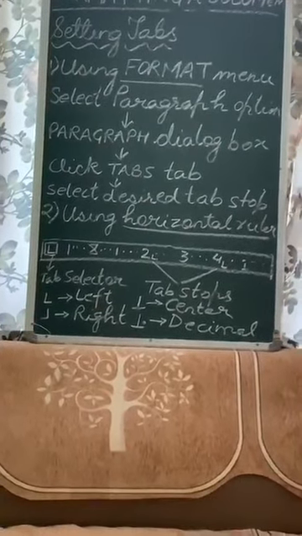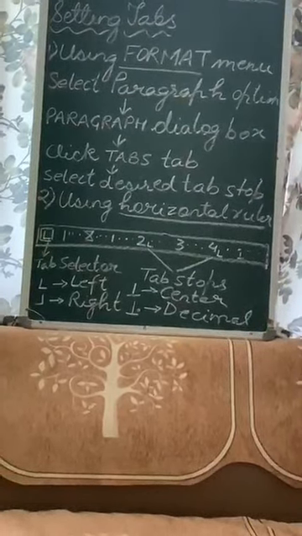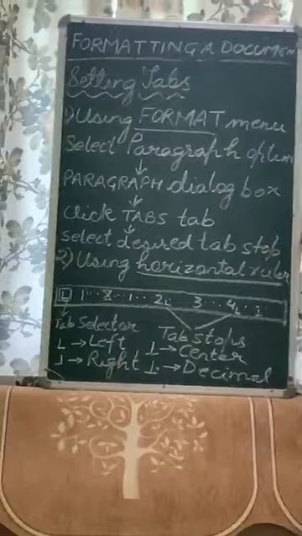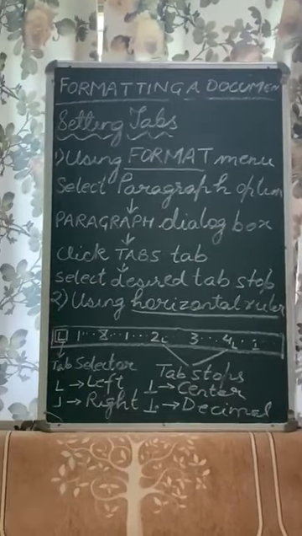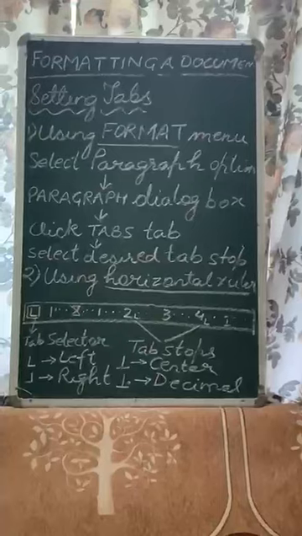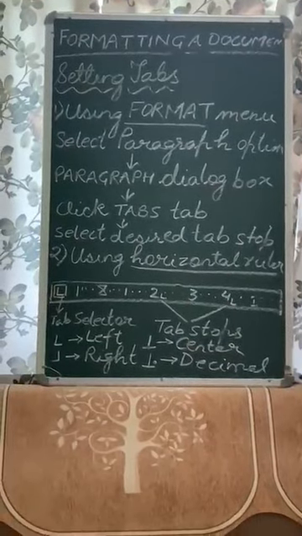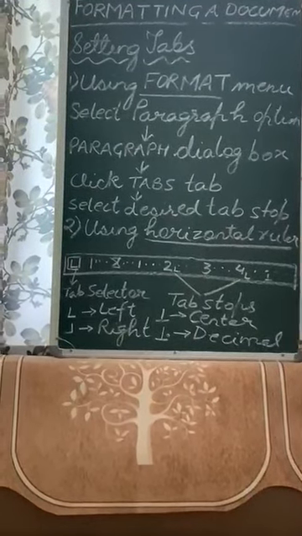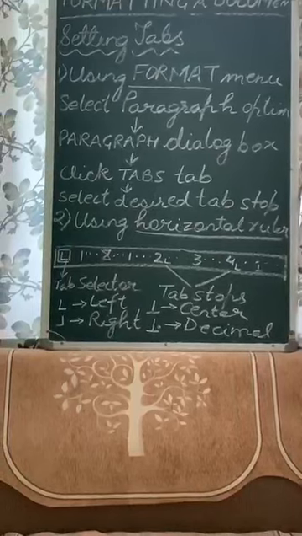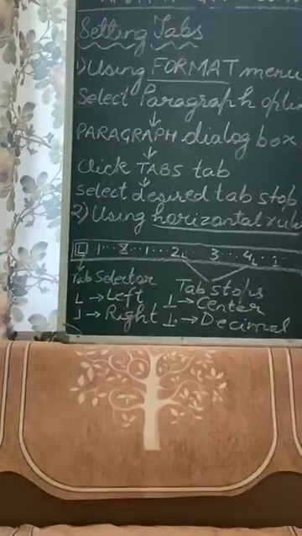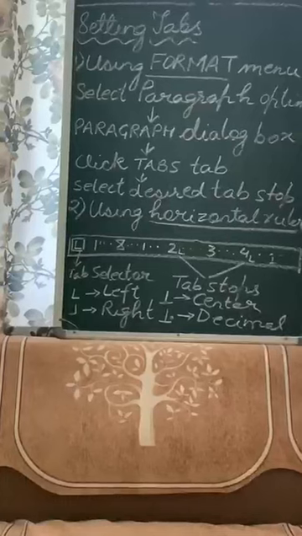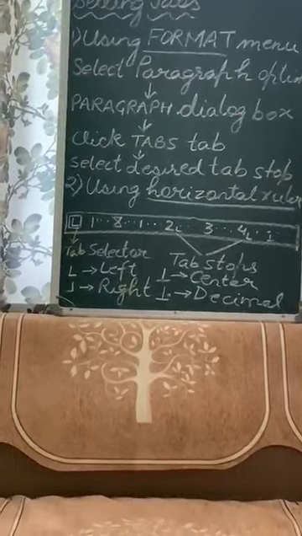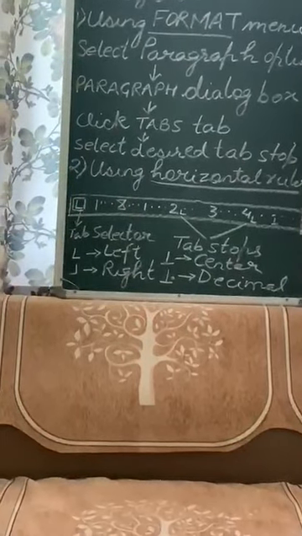So why are we using these tabs? The ultimate goal of making a document in MS Word or in OpenOffice Writer is to make the document presentable, because according to our needs, suppose we have to write a journal, or if you are working with a newspaper agency and you have to write news, then there are various things you need to do in that. These can be done only when you are able to use these tabs and all the features that I am telling you daily.